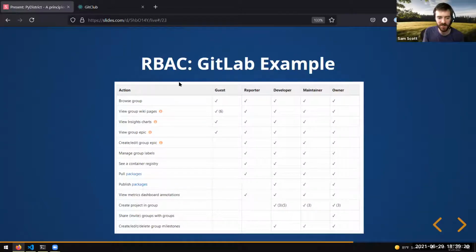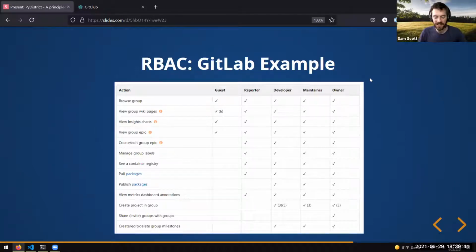Here's an example from GitLab, in the same GitHub, GitClub style, a little bit more realistic. GitLab is a huge application for source control, but also for running CI and deployments and all this kind of stuff. But they still have managed to have just 5 roles.